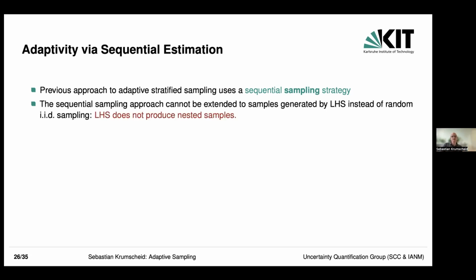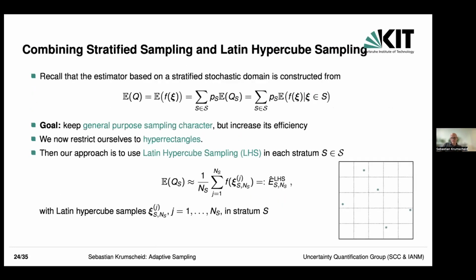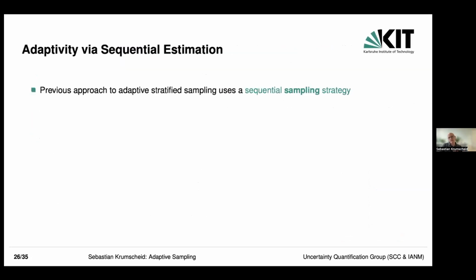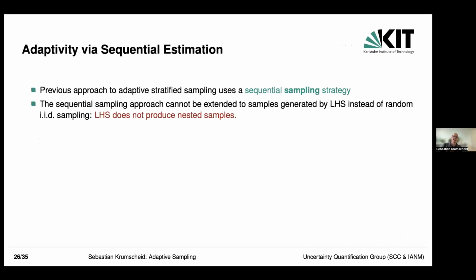This is no longer possible for Latin Hypercube sampling because the sample that we're getting is not nested. So if I go back here, now I'm producing 5 samples. If I want to produce 6 samples, I would get a 6 by 6 grid here, and then the samples may not satisfy this Latin Hypercube Sudoku structure anymore. So samples are not nested. Similarly, quasi Monte Carlo or low discrepancy sequences are also not nested.